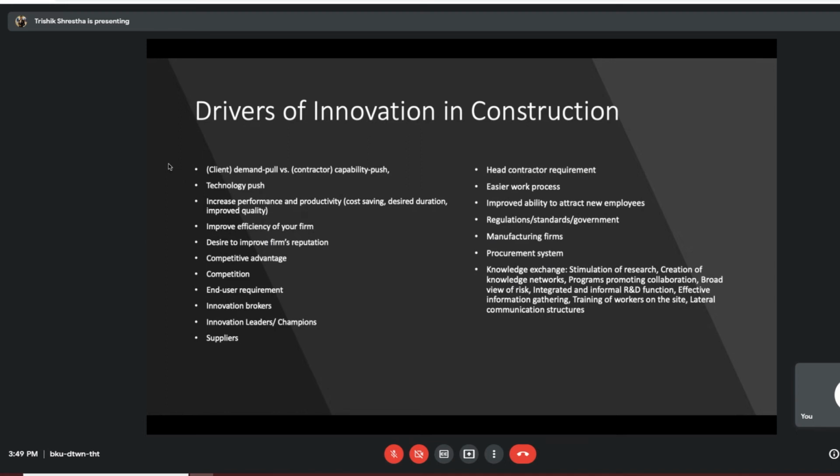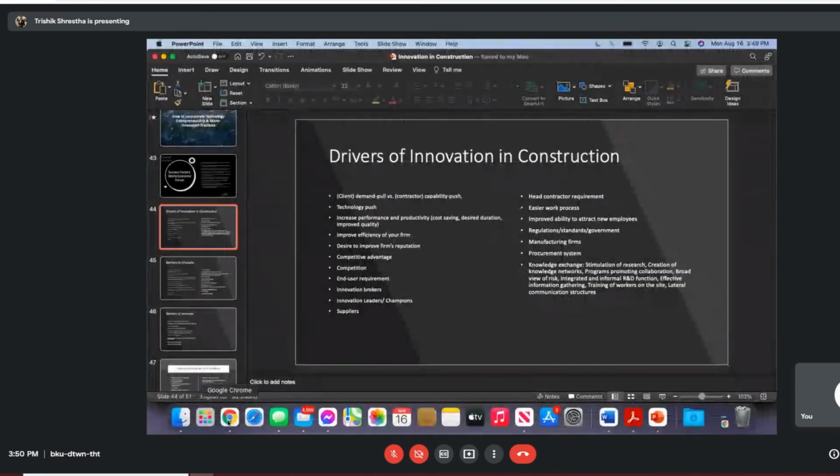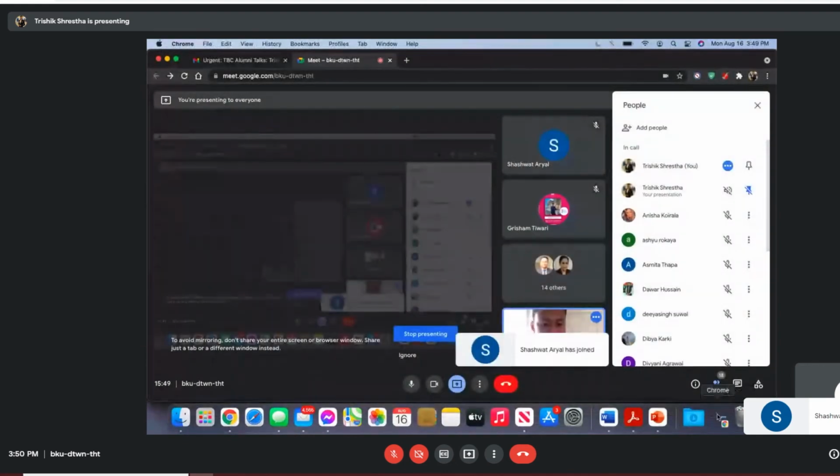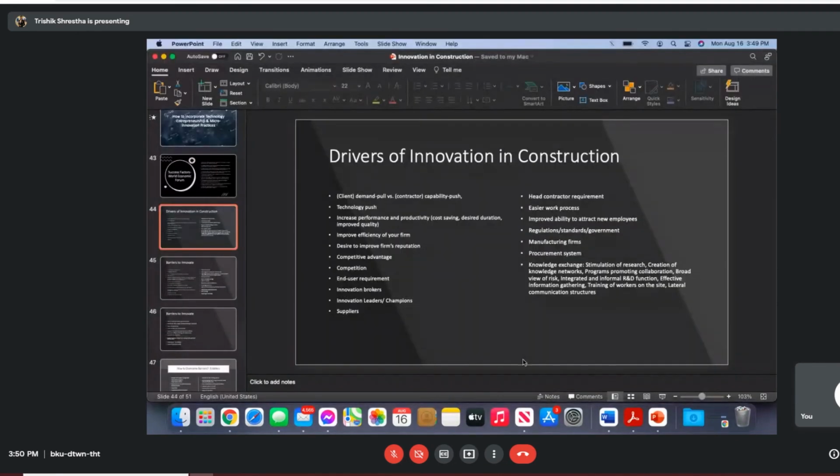So what we have here in Nepal is FCAN, that is the Federation of Contractors Association of Nepal. The responsibility of this entity is to have frequent training programs to train the contractors that are part of FCAN, to revolutionize the Nepalese construction industries, to train contractors, to have a communication medium between the contractors and things like that. So that is the role of entities like FCAN.